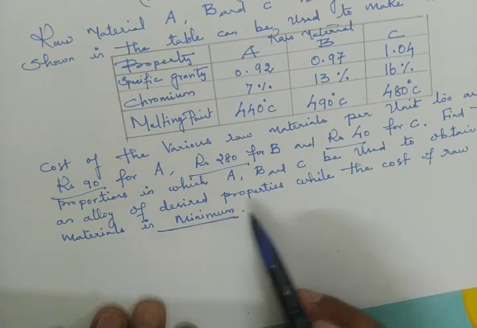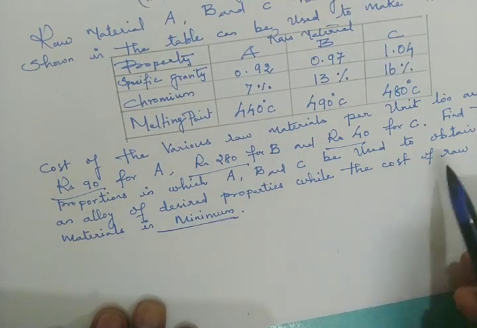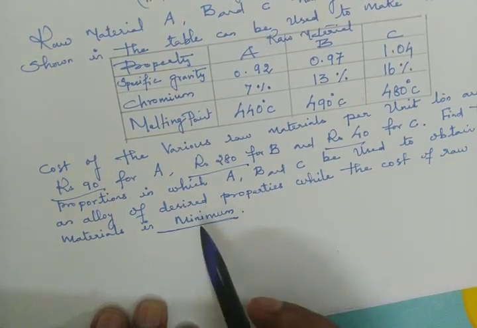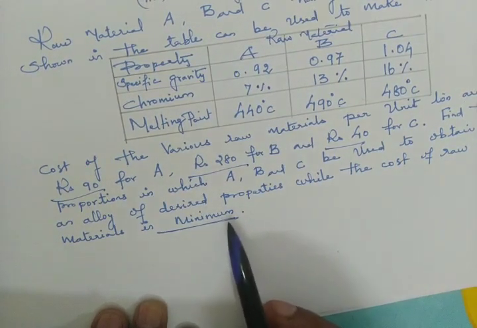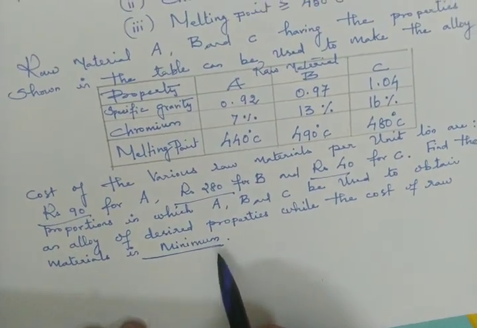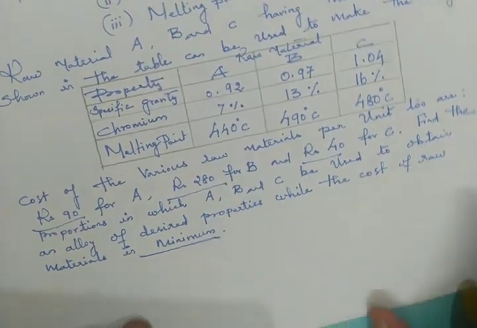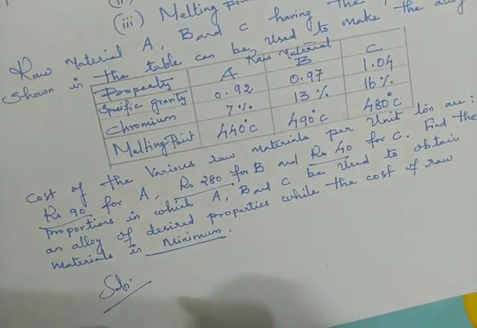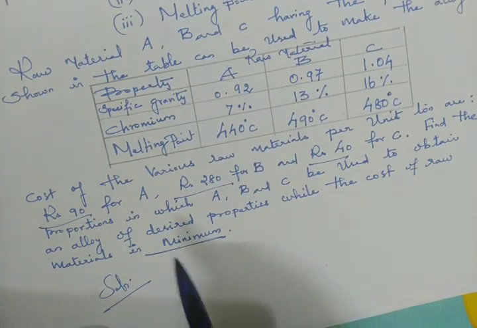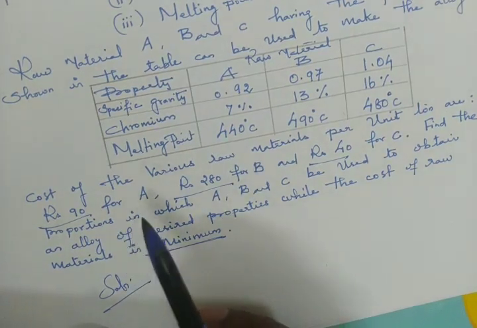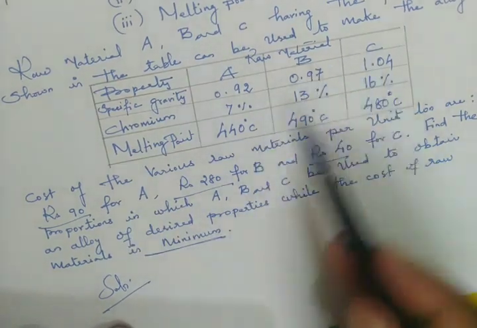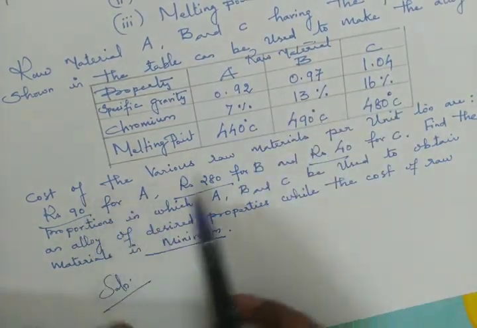So I told you very clearly, even if minimum is not mentioned, when it concerns raw material or manpower or time, it is understood that the objective should always be minimum. In this problem it is very clearly mentioned. First you are going to identify the decision variables. You can judge the decision variables based on the product prices. Here the products are A, B, C, and the prices are also mentioned for A, B, C only.